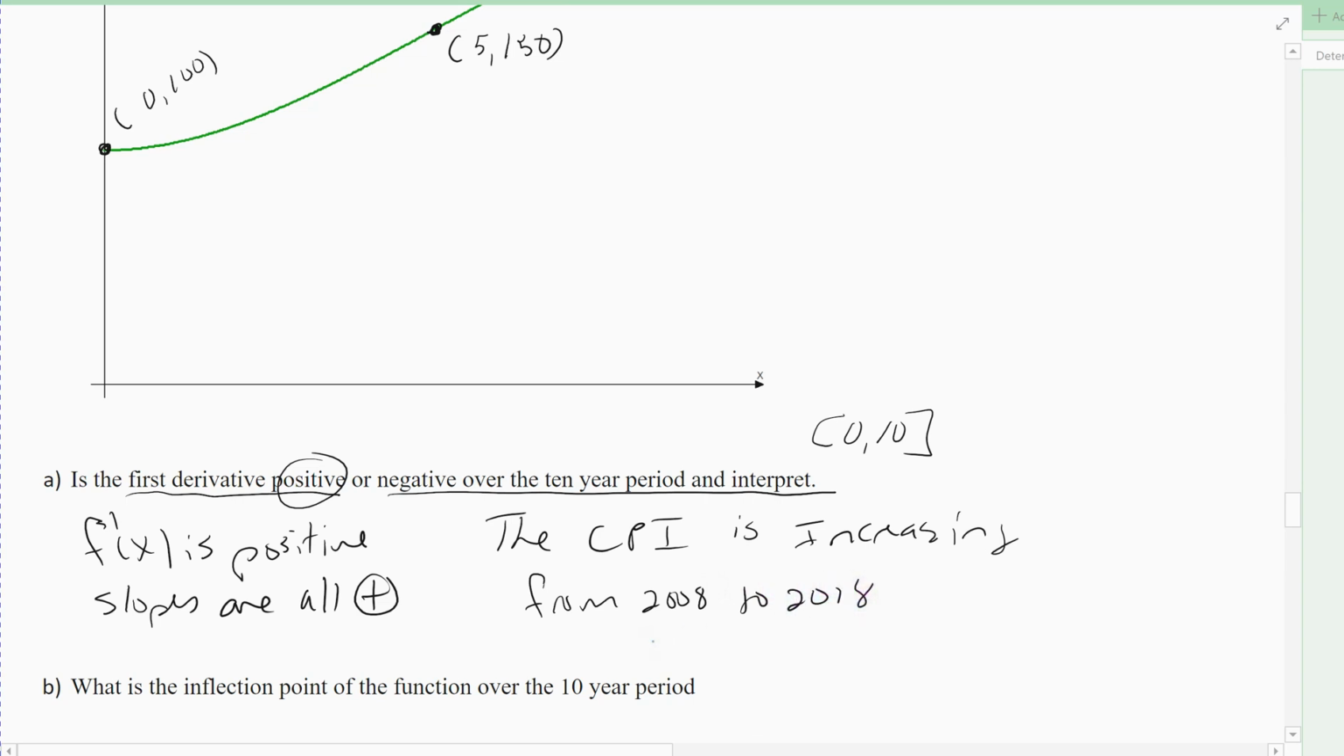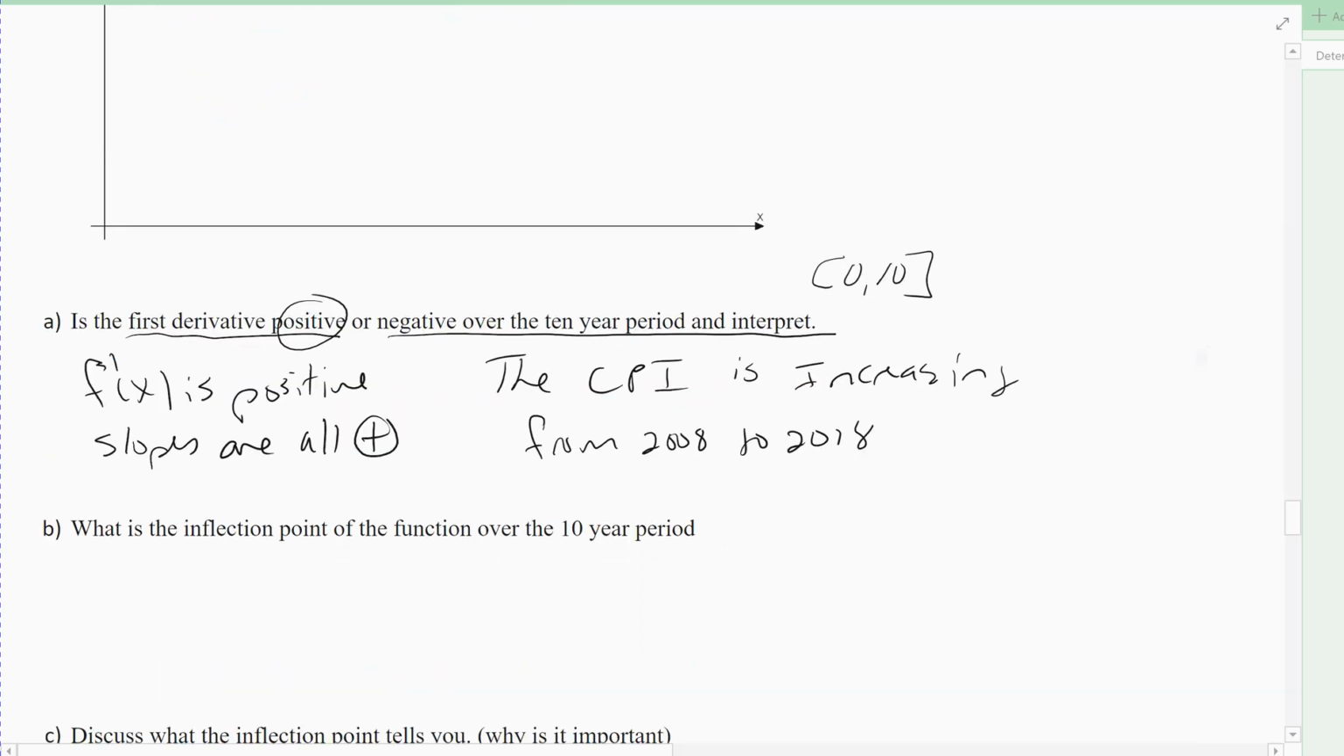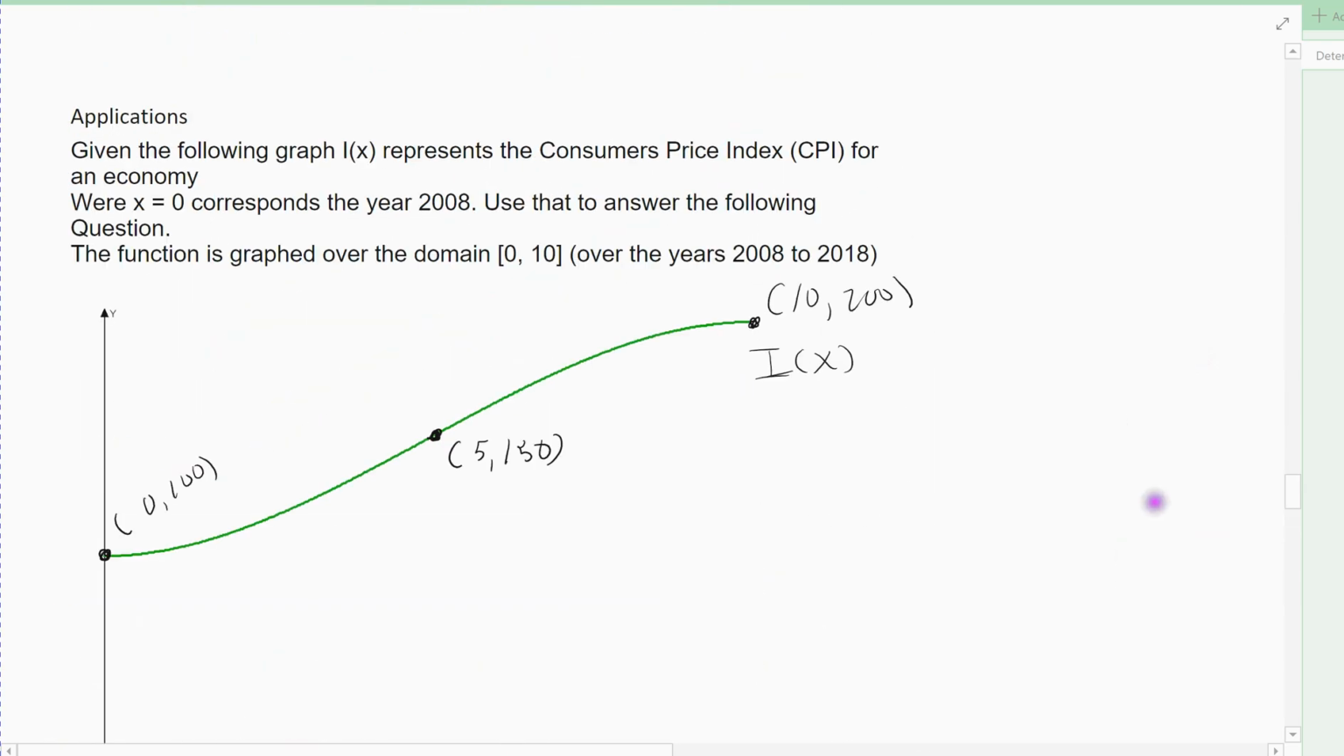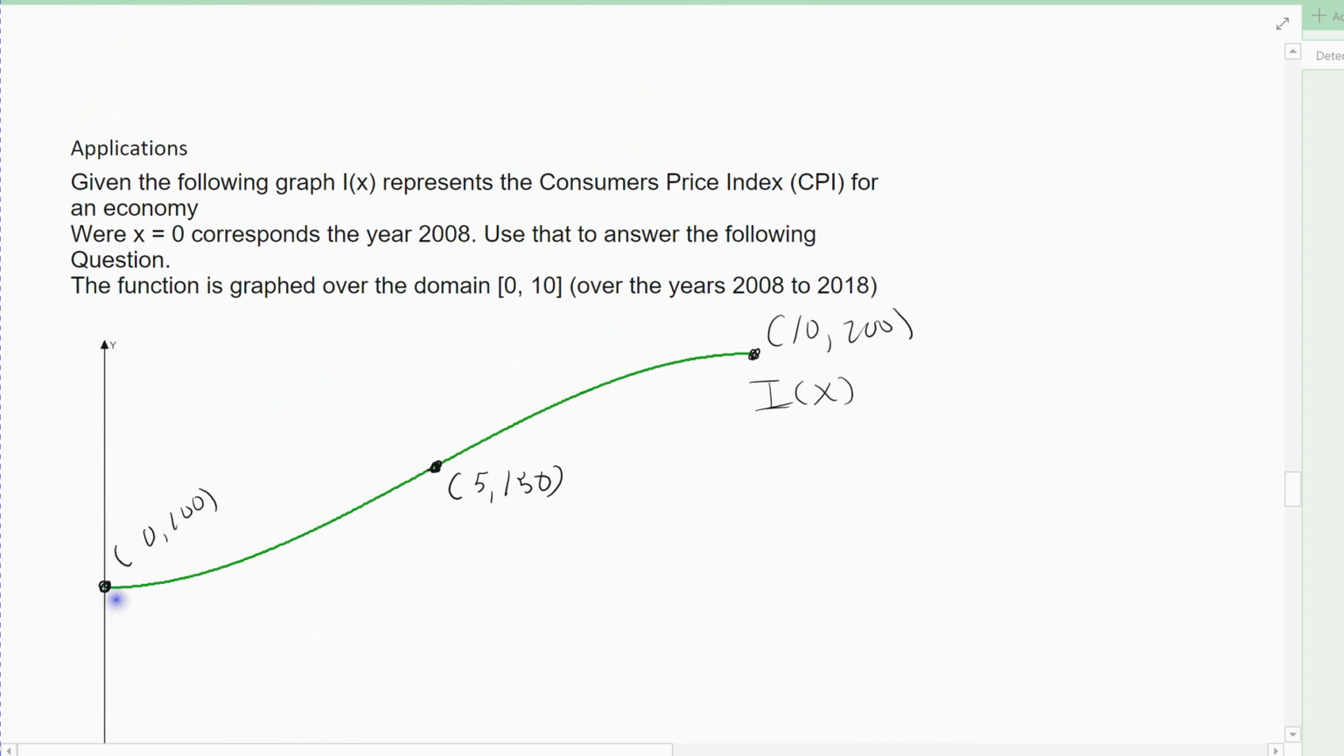So for this economy, over the 10-year period that we were given, between 2008 and 2018, the consumer price index increased over that entire time. All right, what's the inflection point of the 10-year period? I'm going to look up here, and you'll notice it's subtle, but you should notice